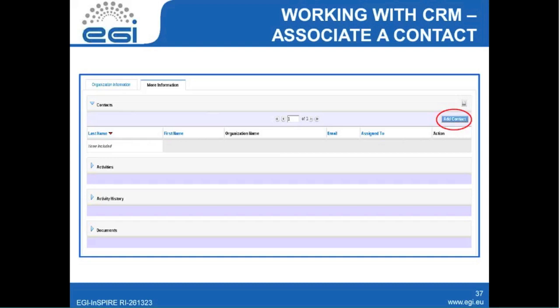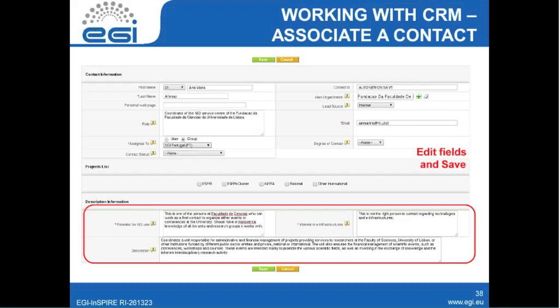And to do that, you just hit add contact, and you are redirected to a record, to a form where you can introduce information about a given contact and create a contact record in the system. So in my case, I have introduced also some general information regarding this contact. So basically the name, the role, the email, the main organization is already introduced